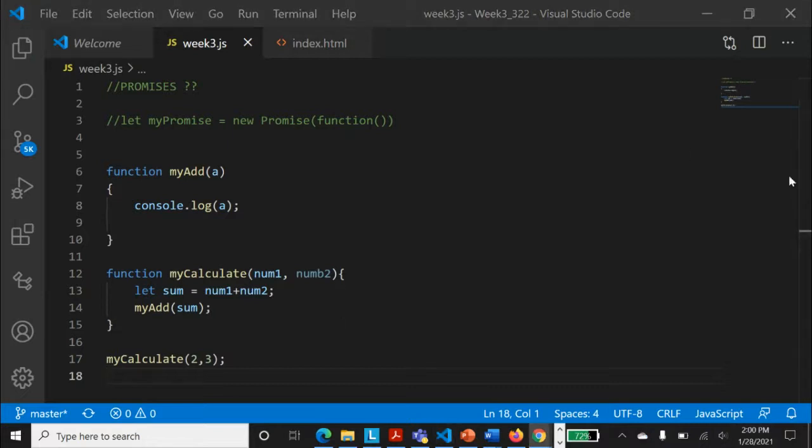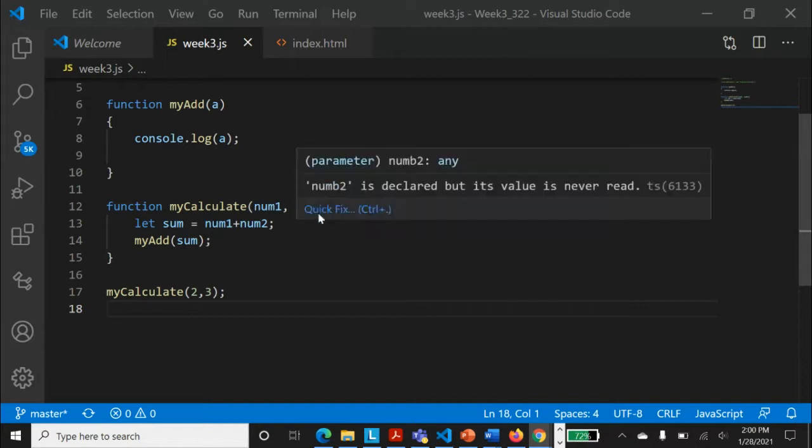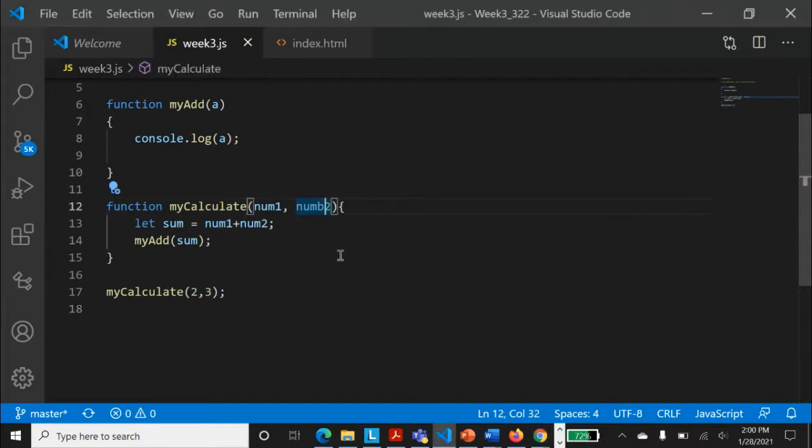The add function has been defined and just shows us the result that has been received. Now I want the second function, my calculate, to execute, and it is being passed these two numbers, num1 and num2. Thank you, Rocky. So this is num2.